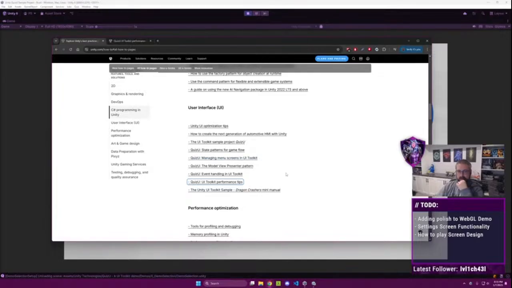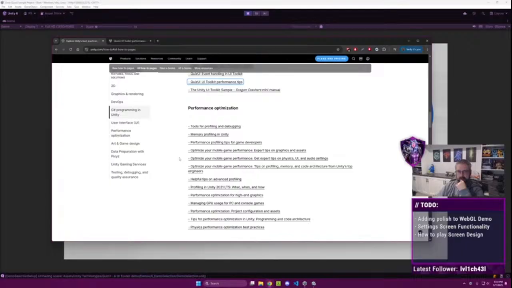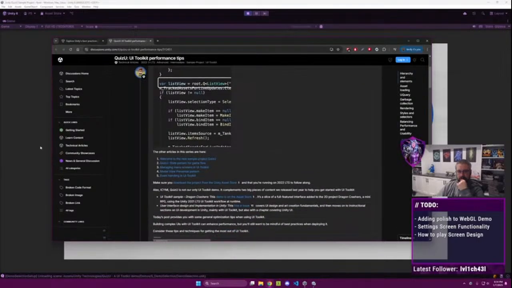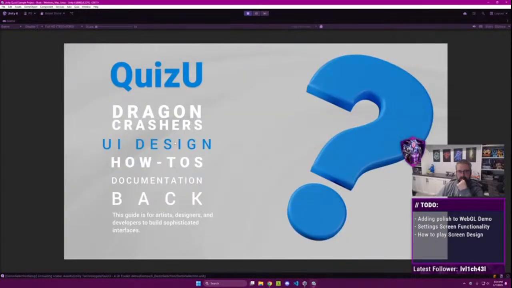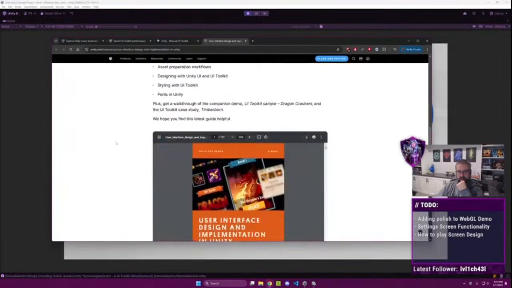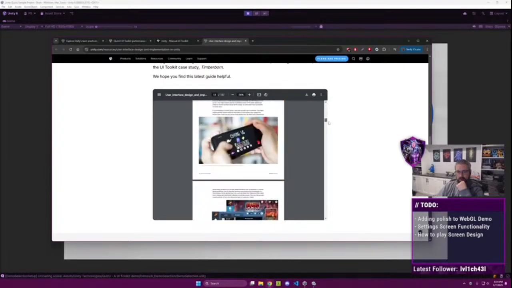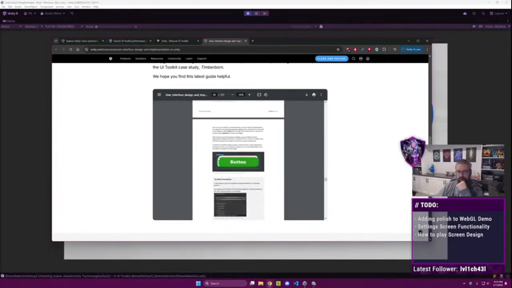Kinda. We also have access to the Dragon Crashers. UI design. I think that's one of their books. Yeah. Just talks about their